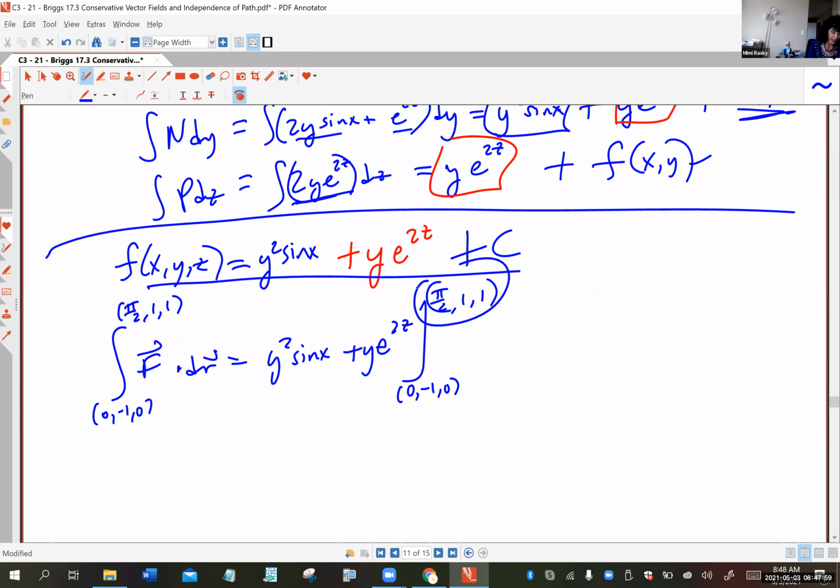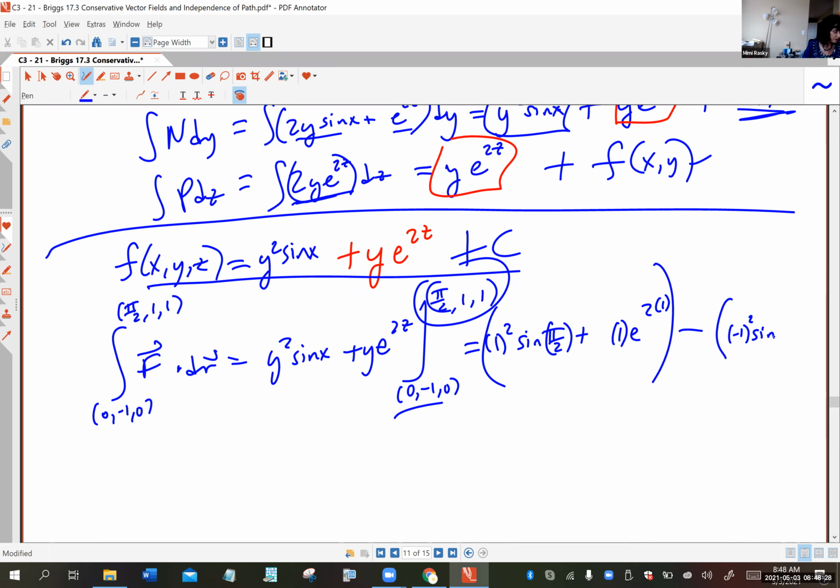Always plug in the finishing point first. Don't do this backwards, folks. You'll be sad because you'll get the wrong answer. So I'm just substituting everything here, and then minus, and then I'm going to substitute that lower limit, which is the beginning point. So I'll have, let's see, -1 squared sine of